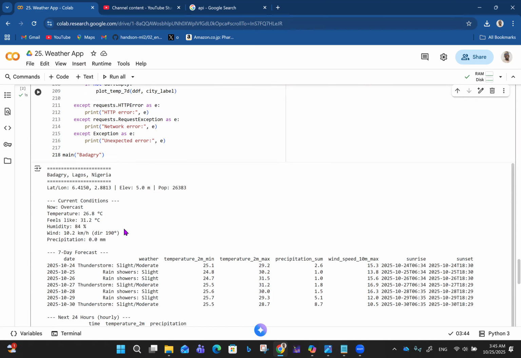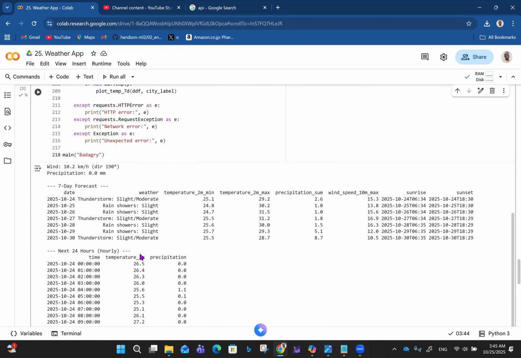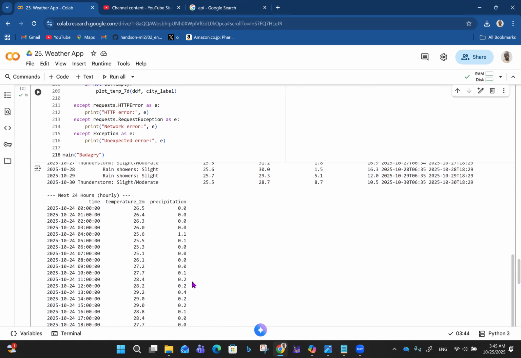That should be north. Yeah, that should be north 10 degrees. North 80 degrees west. Yeah. So northwest. That's the direction of the wind, if my calculation is correct. Then you're gonna have like thunderstorms, slight and moderate. You're gonna have slight rain showers here and there as the days go by, and then you have the hourly